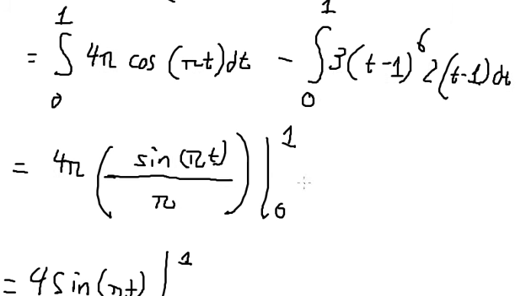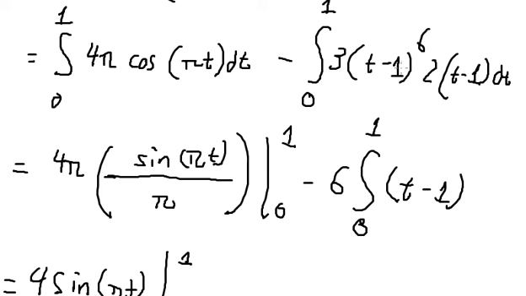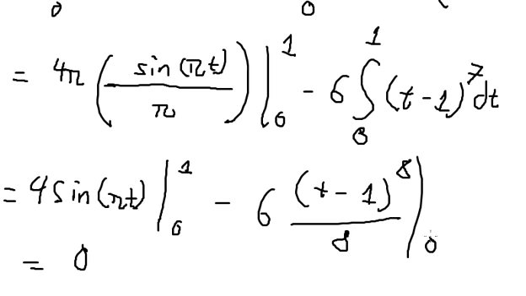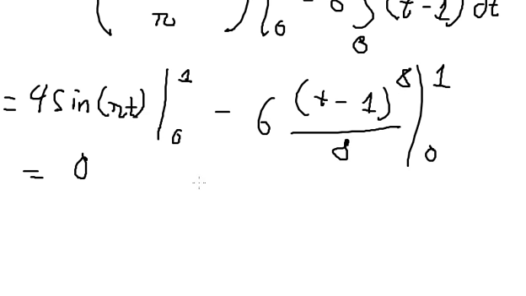The next one, 3 and 2, we have 6. (t minus 1) to the power of 6 multiplied by (t minus 1), we have 7. And this one we have (t minus 1) to the power of 8 over 8, with the bounds from 0 to 1, and we have the final answer. So we calculate this, and we have negative 3 over 4,